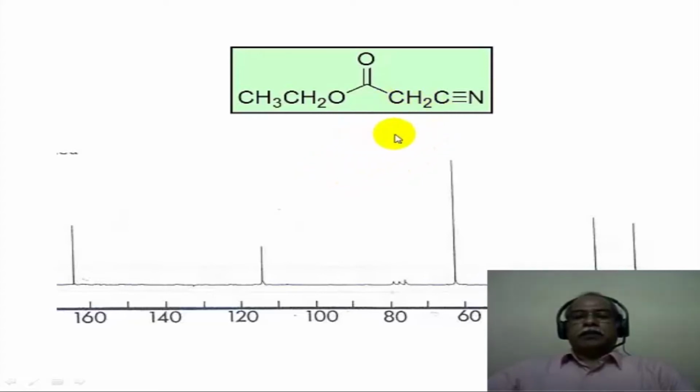This particular spectrum illustrates the point that the cyano functional group and the carbonyl functional group can be detected in carbon-13 spectroscopy. Remember, we solved the structure of this particular compound using proton NMR spectroscopy and got indirect evidence that there is a cyano group, based on the unsaturation index as well as the chemical shift values of this particular proton. On the other hand, in carbon-13 spectroscopy, you get direct evidence for the cyano functional group as well as for the carbonyl functional group in this molecule.